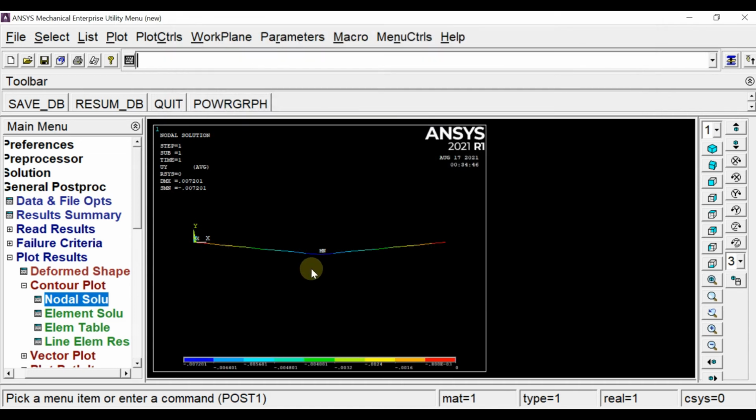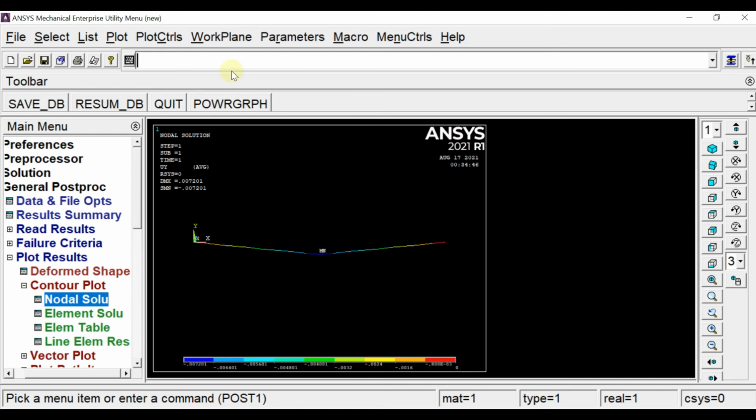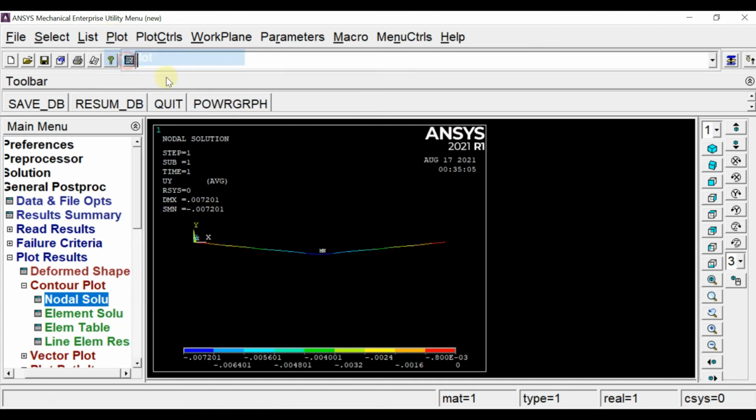Okay. Here you can see the font size is small. By right clicking you will get the font option. Increase it as much as you need for screenshots. Okay, this is your answer. How will you get a screenshot?